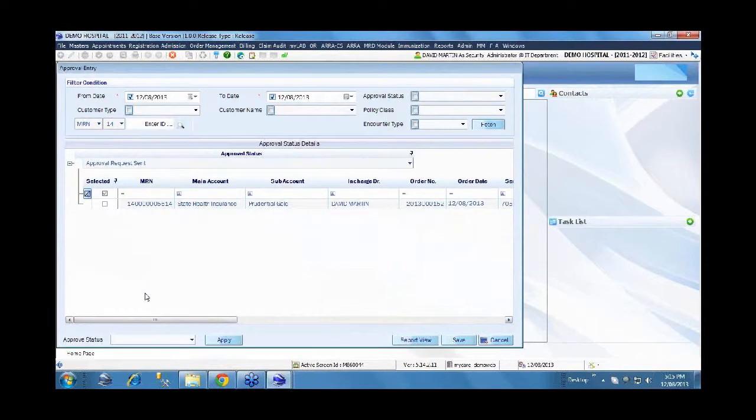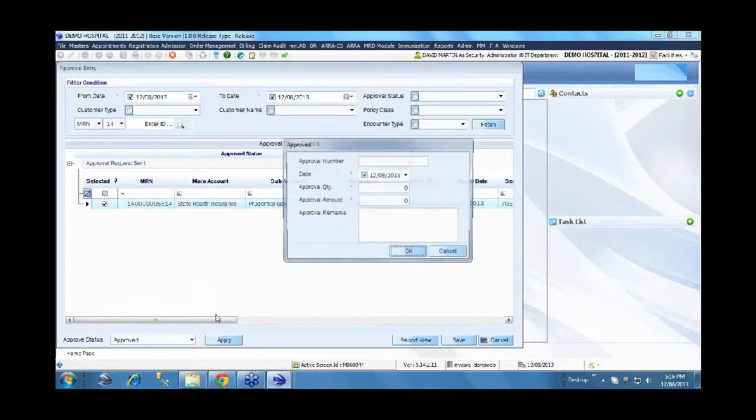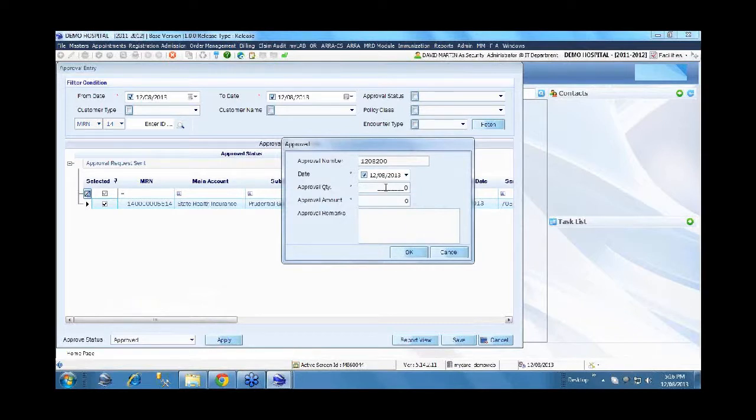Now after some time we have received the approval from the insurance company. Just to save time I'm continuing in the same flow, but this will happen at two different timings. In this case I'm saying it's approved. There may be a case that it's rejected, or they may ask for more clarification in order to approve. They will say, provide us the clinical relevance as to why you need this investigation for this patient, and so on. In this case I will assume there is a partial approval.